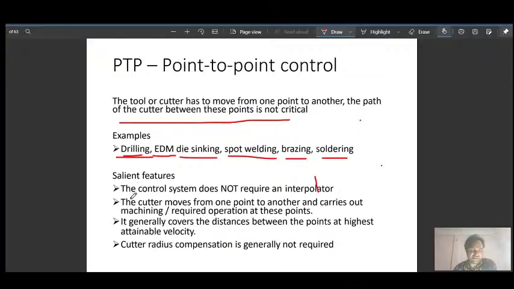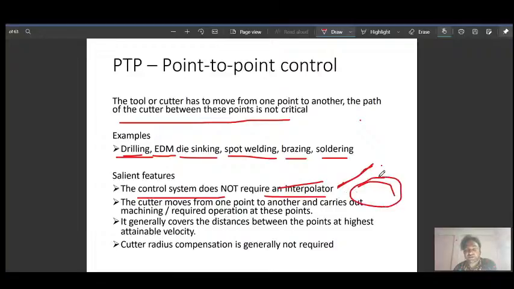Then salient features: the control system does not require an interpolator. Either no interpolator is required, like linear or circular. Interpolator means that when the tool moves, it has to follow a specific path, either straight or linear, or circular.